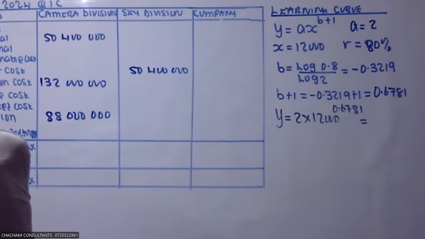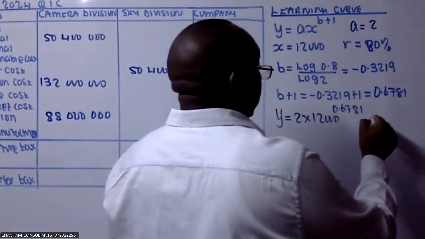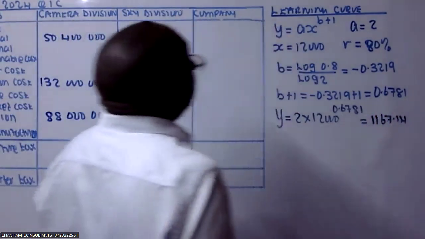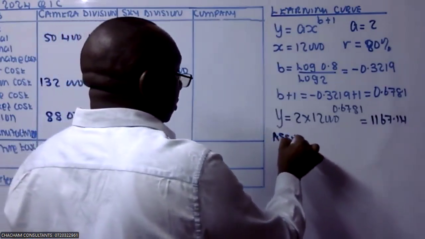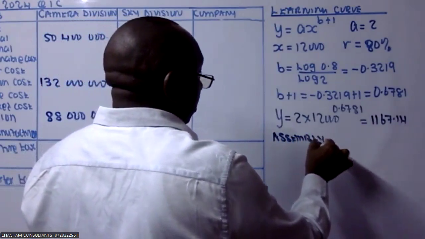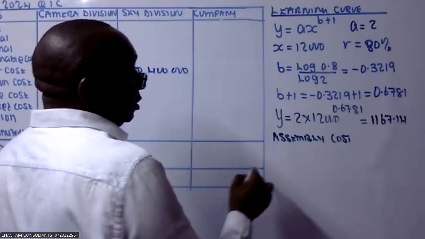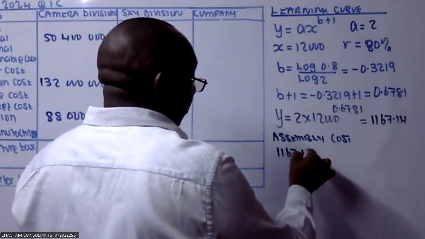Yes, 1167.14. So the assembly costs, or the production costs, will now be 1167.14